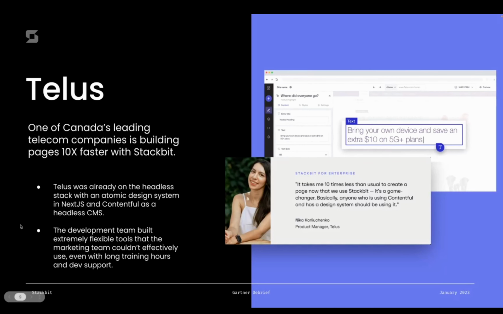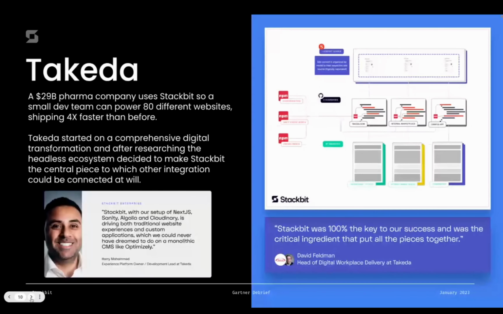If we go to the next one, we can talk about Takeda, which is one of the top 10 pharmaceutical companies in the world. They were not already on a composable stack. They were moving away from a traditional DXP, which in this case was Optimizely, what was called Episerver. And their very brilliant team